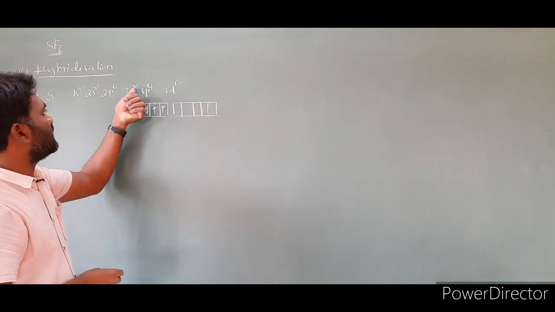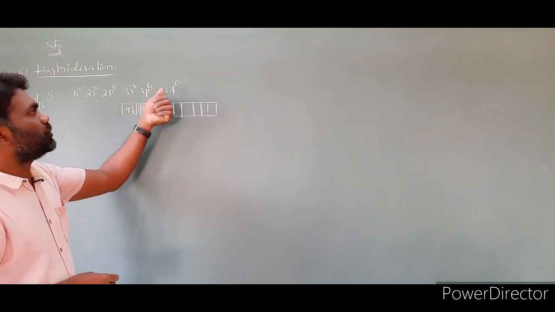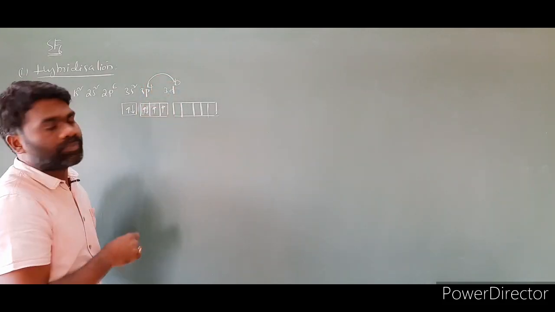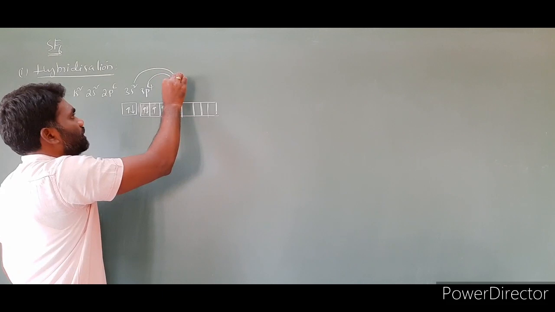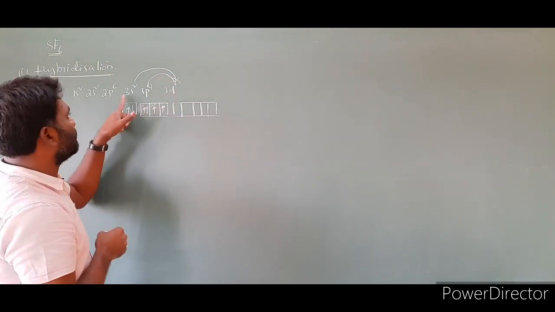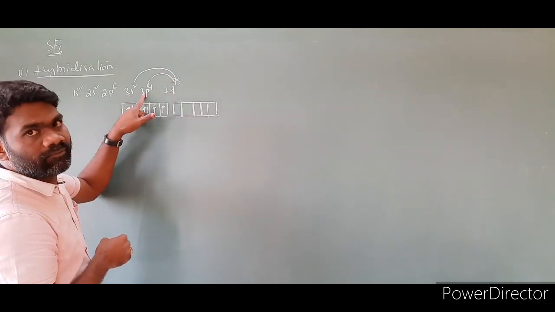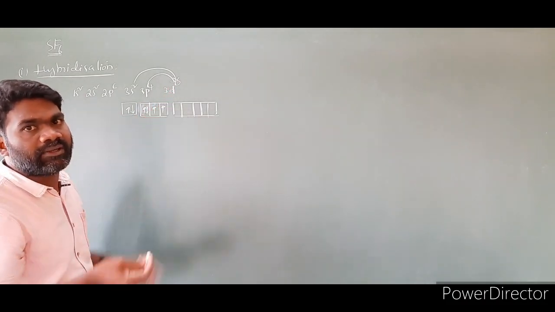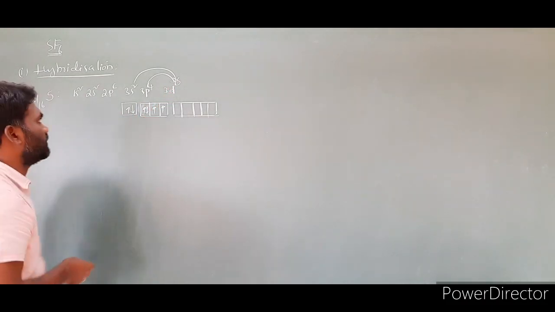So here is 1 electron. From here, 1 electron jumps to the d orbital: 1 electron from the 3p and 1 electron from the 3s. 1 electron from 3s and 1 electron from 3p will jump to the 3d orbital. As a result of the jumping, you will get the excited state electronic configuration. Now let us write them.